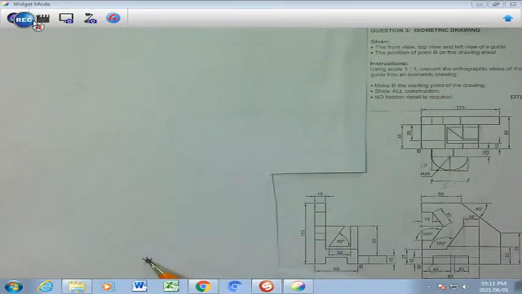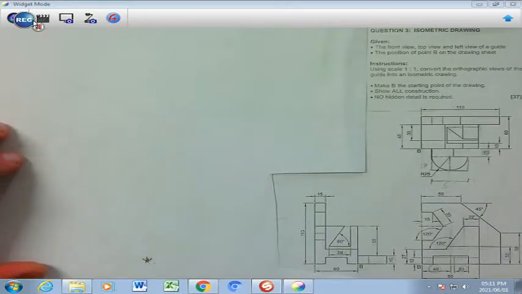You need to make sure that you start at point B, which is given to you, and that is also your lowest point, and then you need to show all the constructions needed to complete the drawing, and that includes the semicircle here, as well as the auxiliary views must be shown, and then no hidden detail is required. My suggestion is to start with your auxiliary views, and you're going to find that there are angles on here, and what has been omitted would be certain dimensions which you need to find and retrieve from